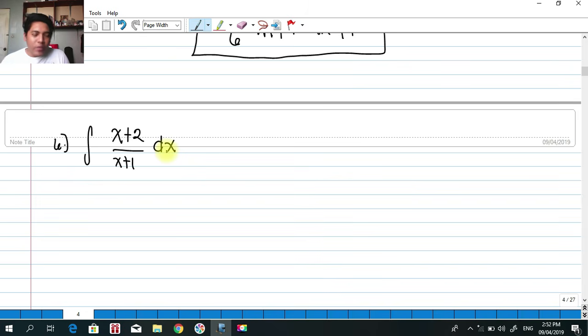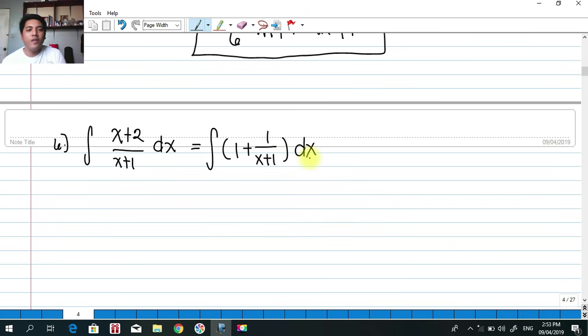Alright, so we cannot use u substitution directly here because the derivative of x plus 1 is basically 1, and we have x plus 2 dx on the numerator. So we're going to find a way for this to be simplified. The integral of x plus 2 over x plus 1 is simply equal to the integral of the quantity 1 plus 1 over x plus 1